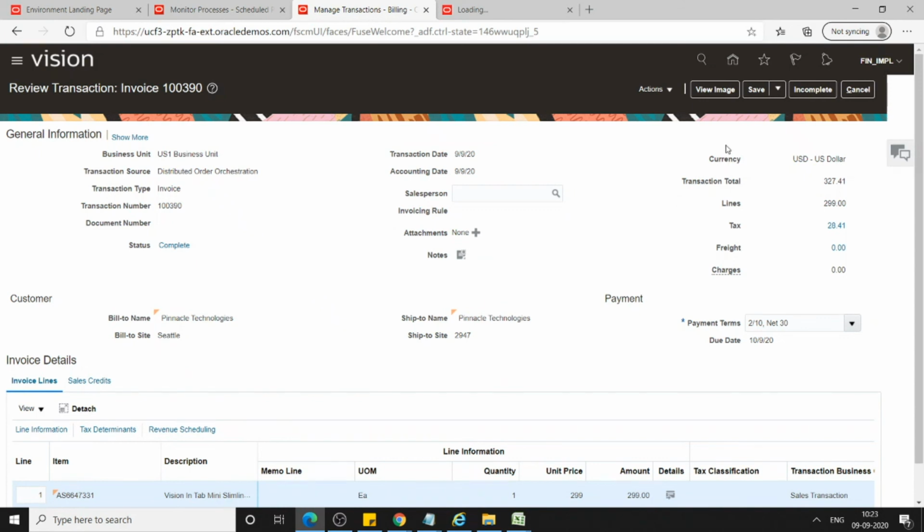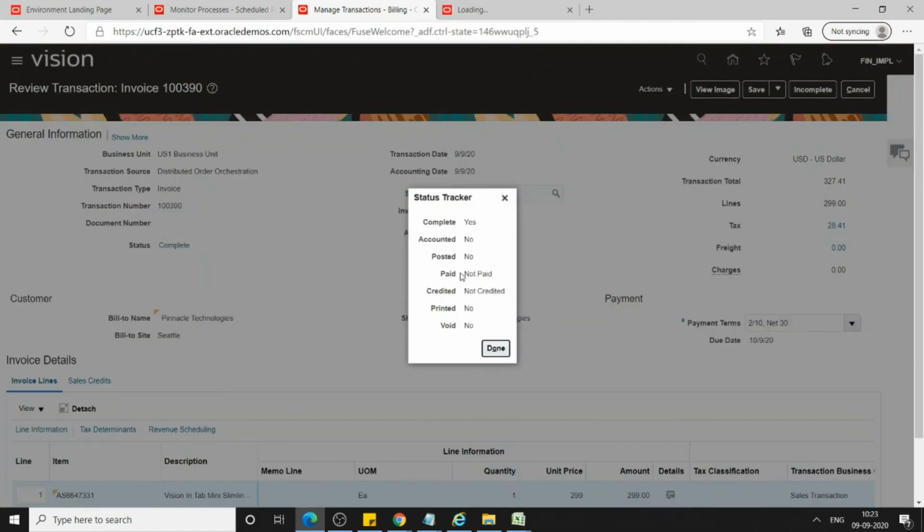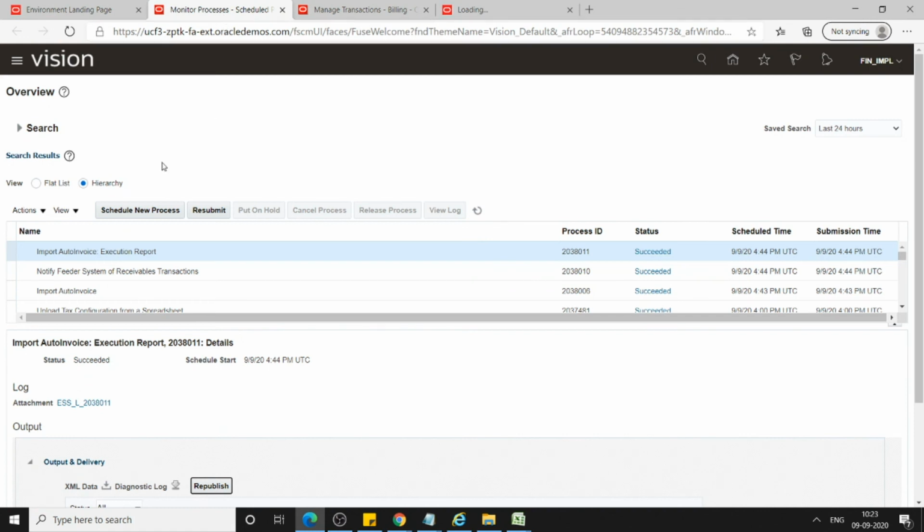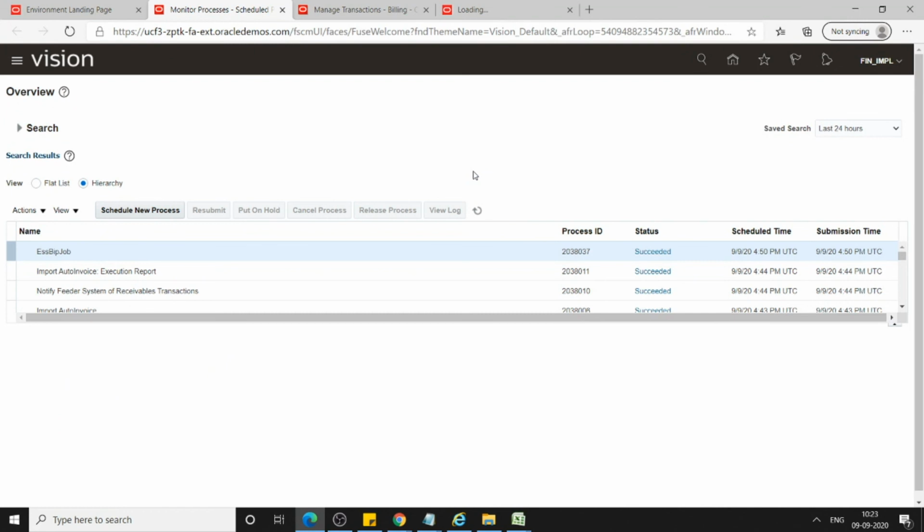Last minute jerk. Basically, if you click on complete here, you can see the status as fully paid. Not sure if there are any programs running in the back end, because it has to feed the data back to the payable side. So this is the overall flow.